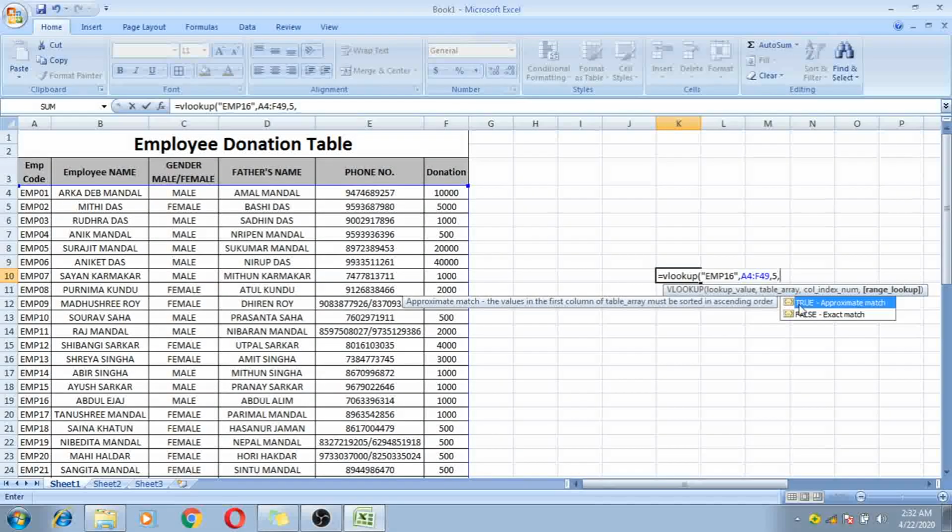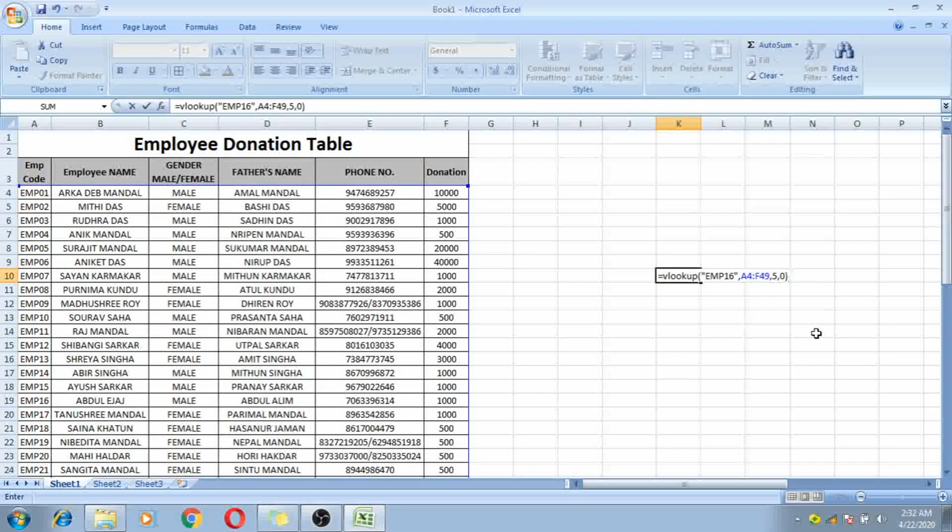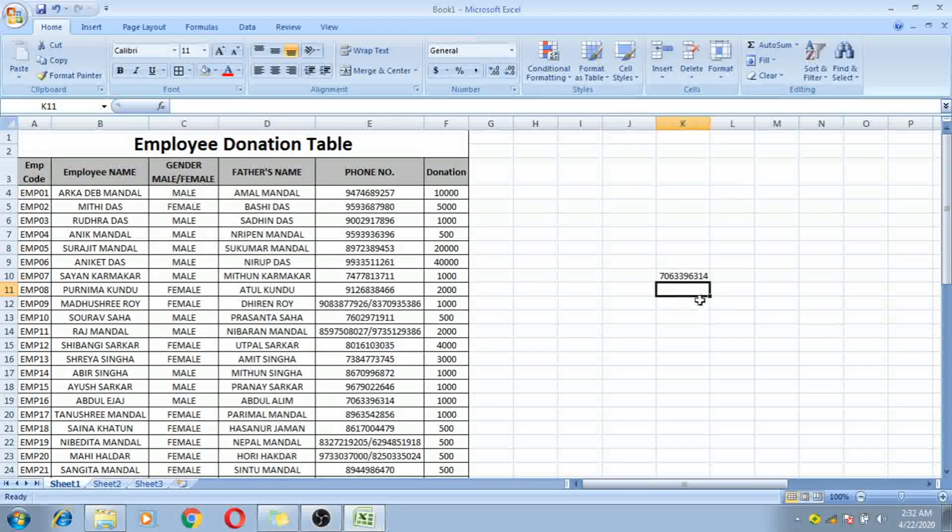Then give a comma, then give either 1 or 0. 1 means true, approximate match, and 0 means false, for exact match. I want to match exactly, so for that reason I give 0, then close the bracket and press the enter key. After pressing enter, your result will come on that cell.